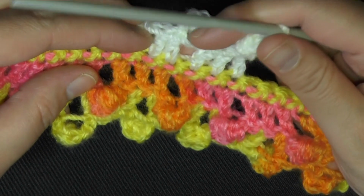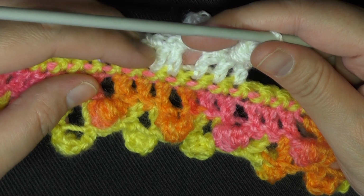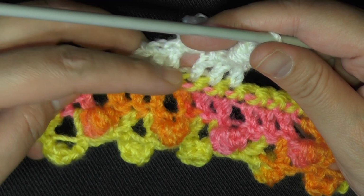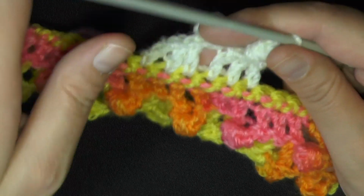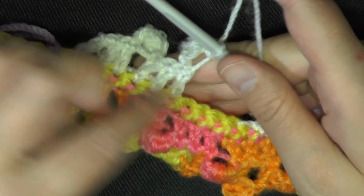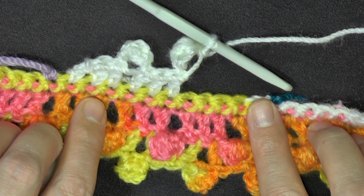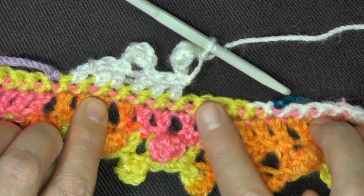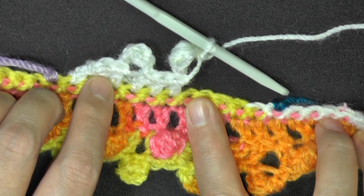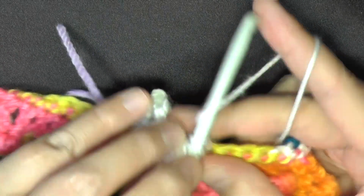So you'll have 3, you'll do your double crochets like normal, and then on the next you'll end this round of the first round with the hood. You should have 4 double crochets on this side. So just continue on, and when you get to a certain point and you know you have 4 left, just double crochet the last 4. It's hard to show on this swatch because it's a little different,